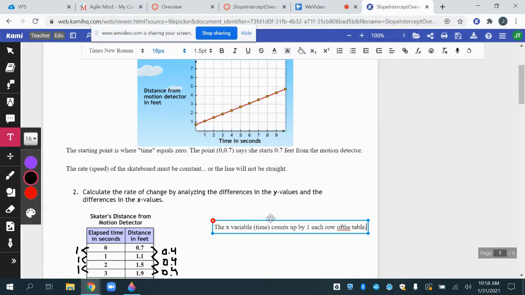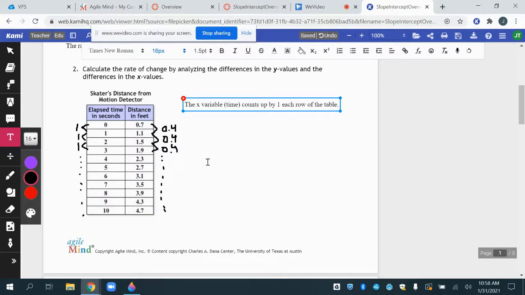That'll do. It's a little bit wordy, but it'll work. So we notice that x goes up by 1s each time. Y, on the other hand,